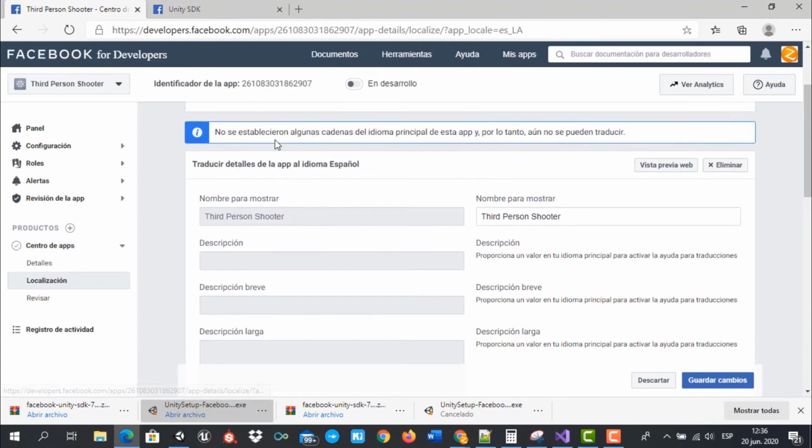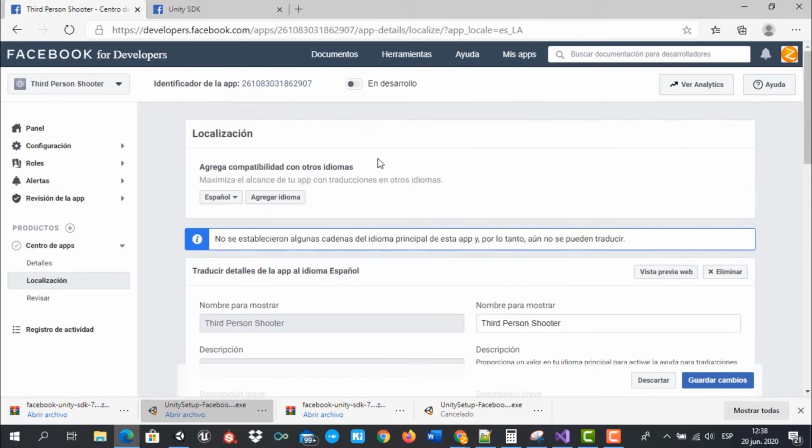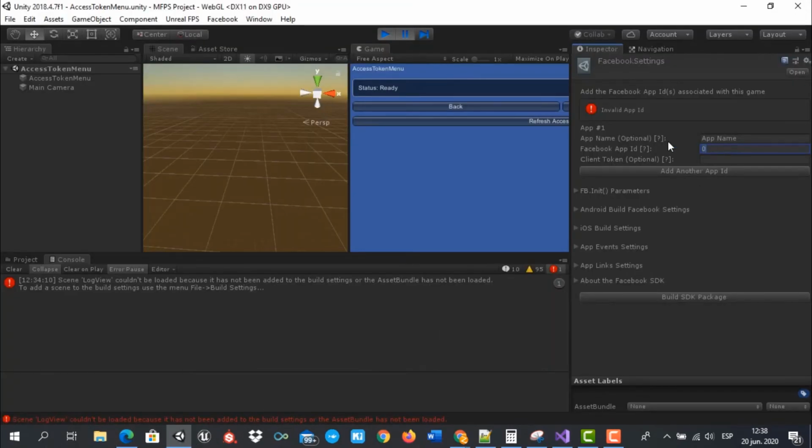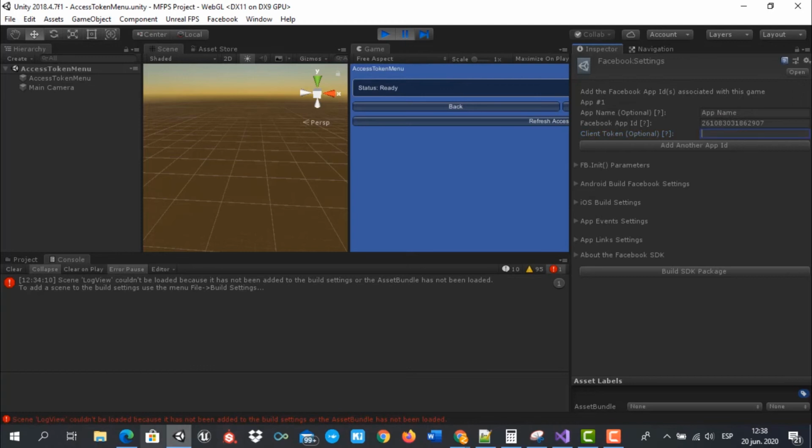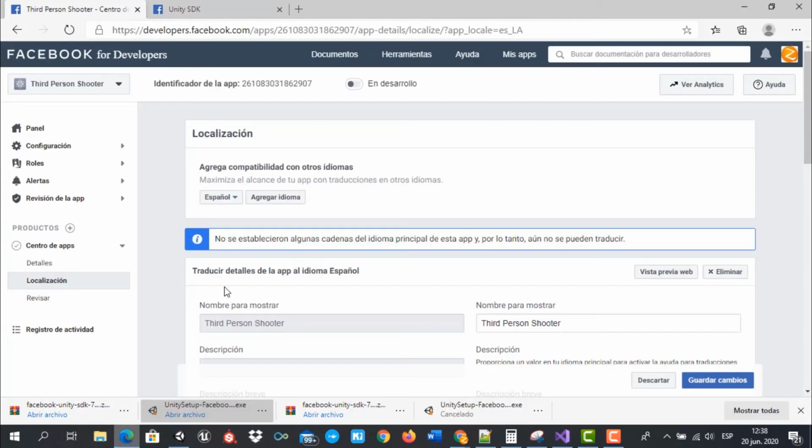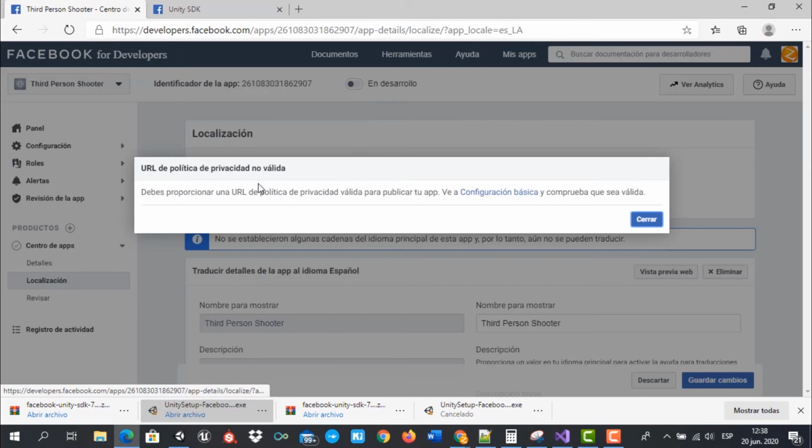But the most important feature that we can select here is the client ID, which I copy and fill into this Unity editor. Later we can click on the developer option,